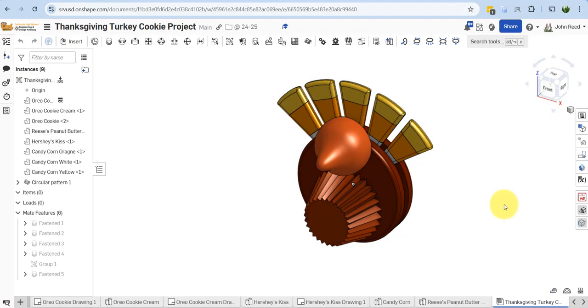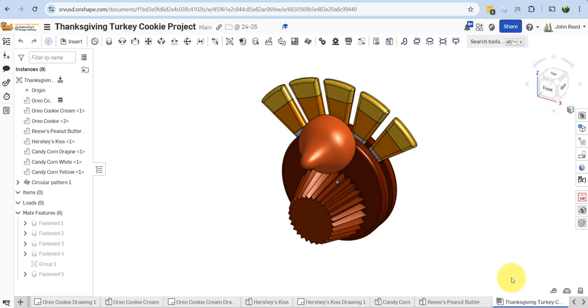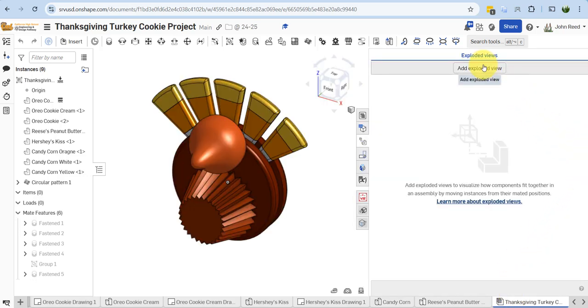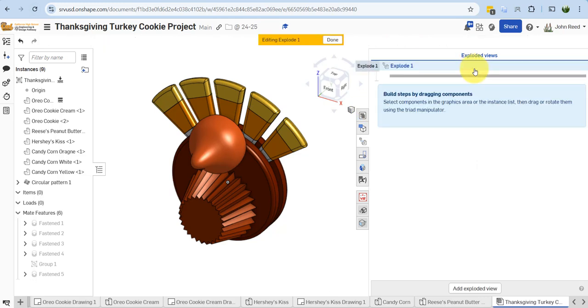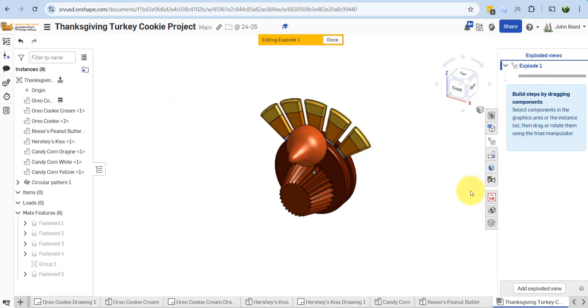Okay, here we are at our Thanksgiving turkey cookie project. We're ready to make the assembly drawing with the exploded assembly and the callout. So we've just finished our assembly. What we want to do is go to exploded views, click there, add an exploded view. Oftentimes this won't be visible for some reason or another. If you press the reload, it'll appear and you can use it. So let's just click there, move this out of the way, and